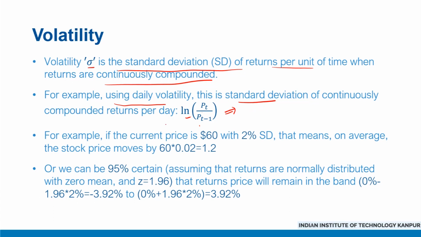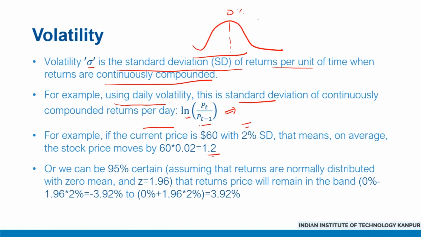Let's take an example. If your current price is $60 and it is given to you that the daily volatility, or daily standard deviation, is 2%, that means on average the stock moves up and down by $1.2 on a given day. So that is the average movement. Or, in a more concrete manner, if you want to translate your understanding through a probability distribution like the normal distribution, let's say you believe that returns are normally distributed with a mean of 0,